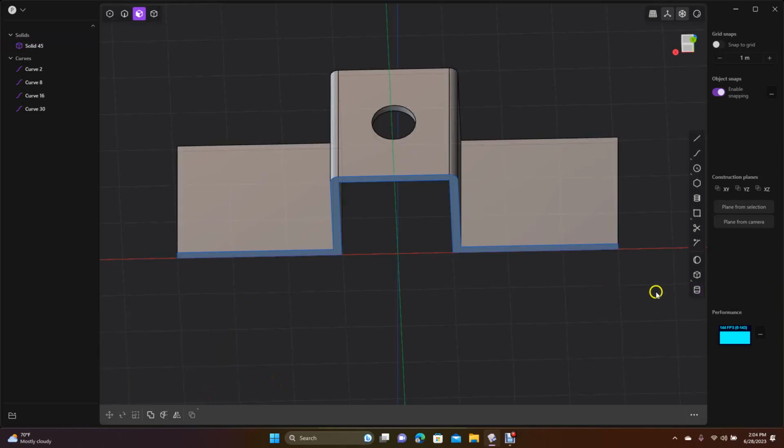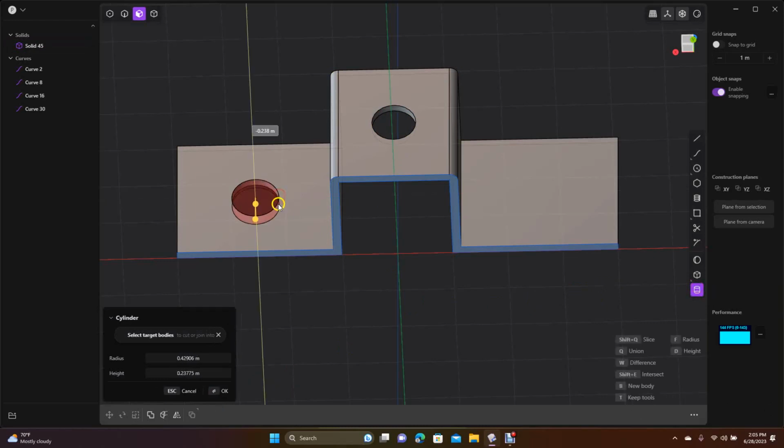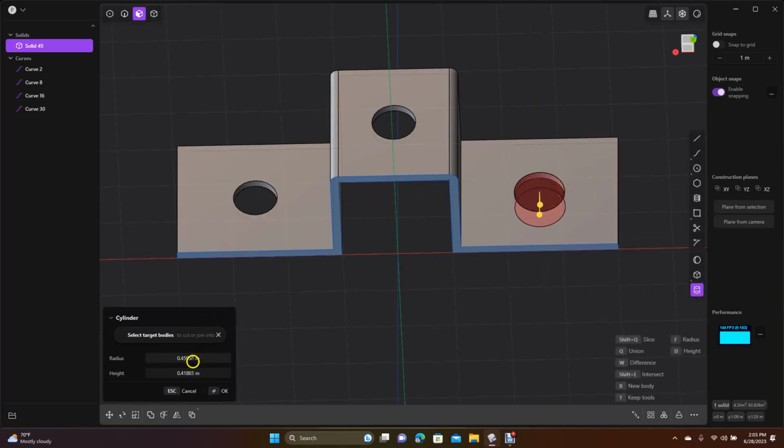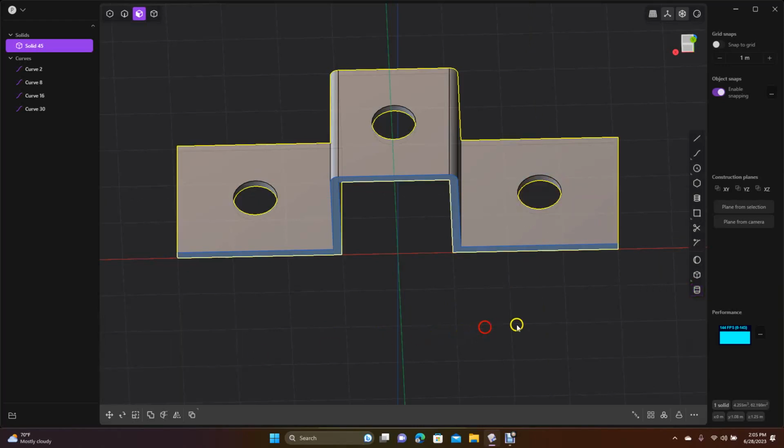Enter. So get the cylinder again, go from the center, click, drag down, go to your radius, 0.4, enter. Get your cylinder tool, we'll go from here, click, drag through, and then go ahead and type 0.4 in there, enter. Okay, now you want to go ahead and put a,